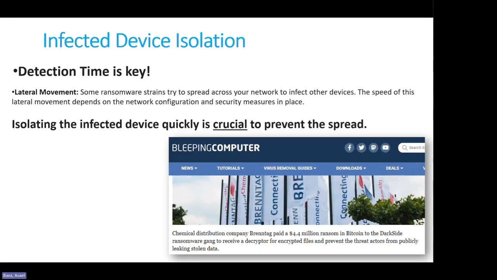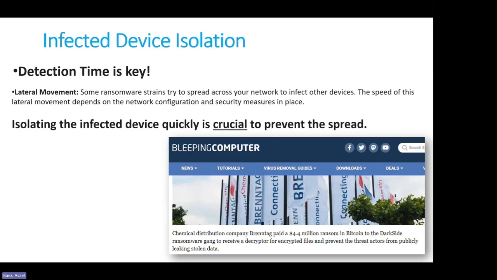So detection time is key. How quickly can we isolate that device? It happens within minutes. Once they get in, they could escalate. They would examine your company. They know what type of tools you're using, and they know how to bypass your security tools.